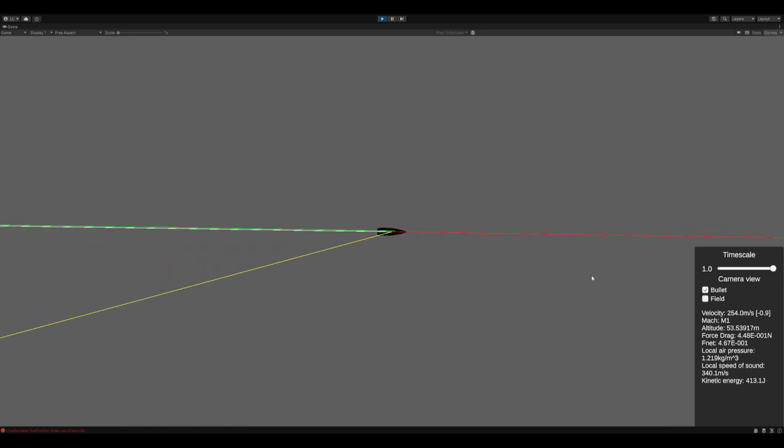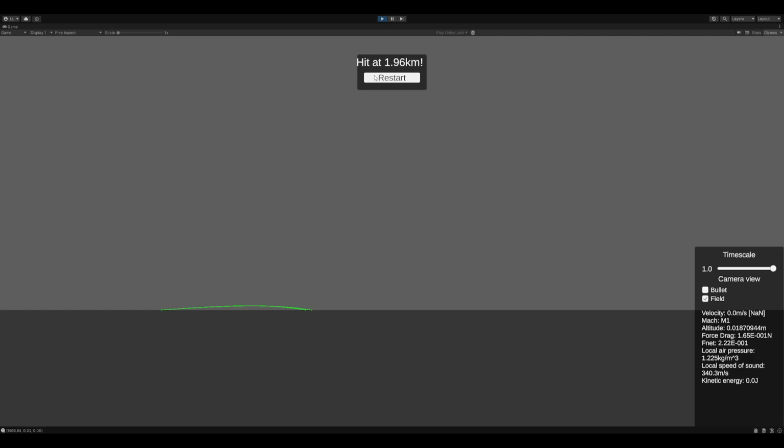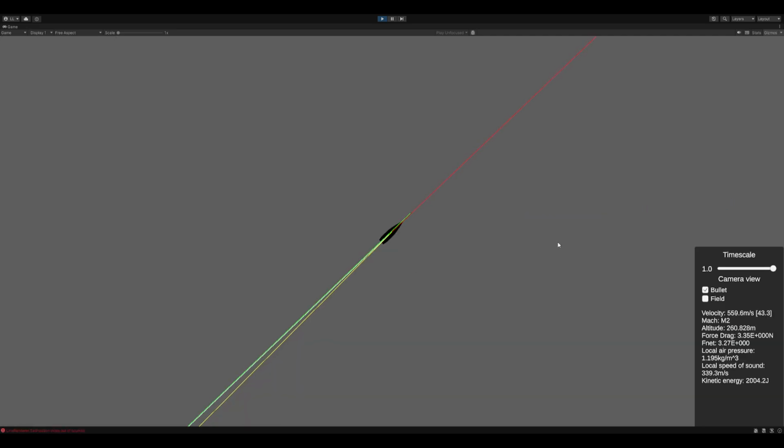Now I also have bullet view. Yellow line is FNet. Red line is velocity. There's a white line that's sort of matching the trajectory, that's drag. So force drag hits the bullet a lot. And so you can see I actually lose a lot of kinetic energy just because,